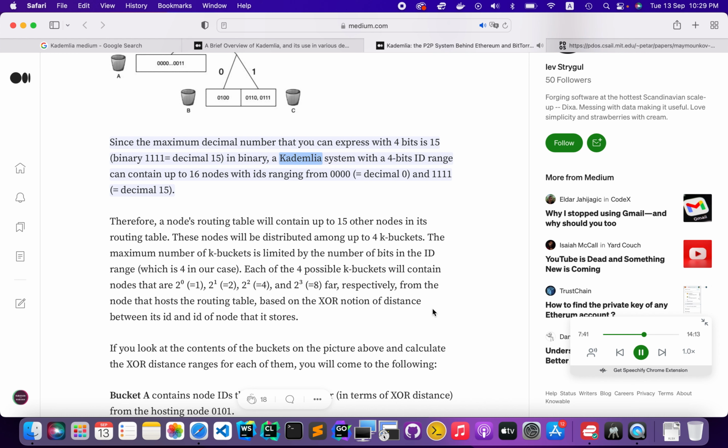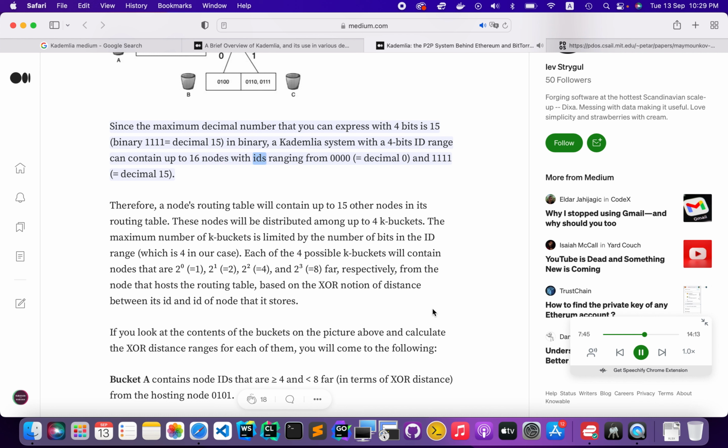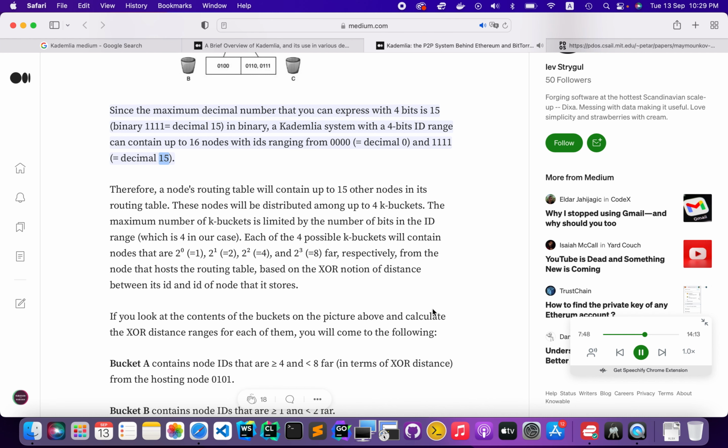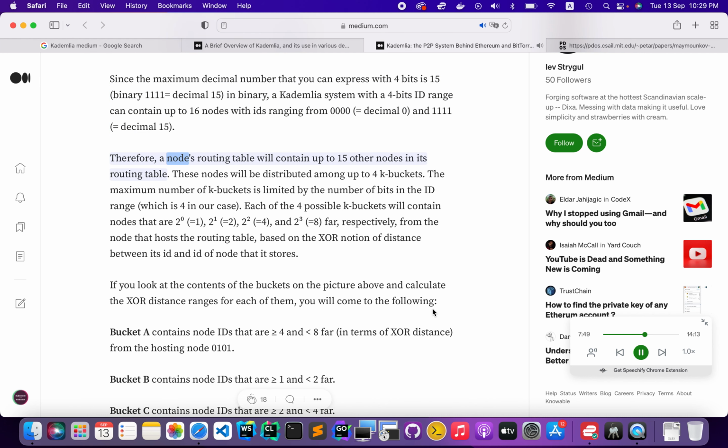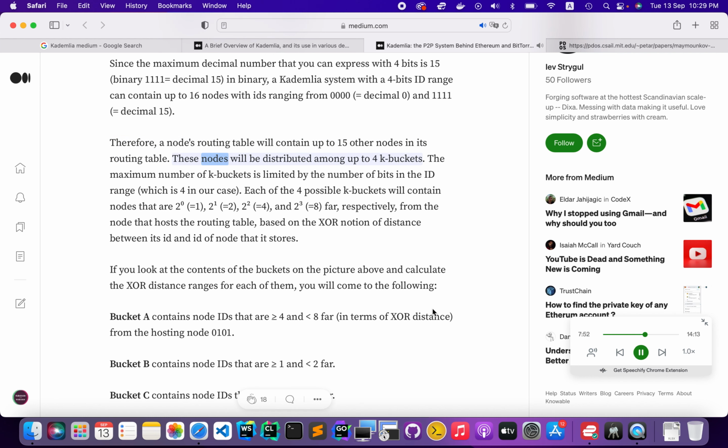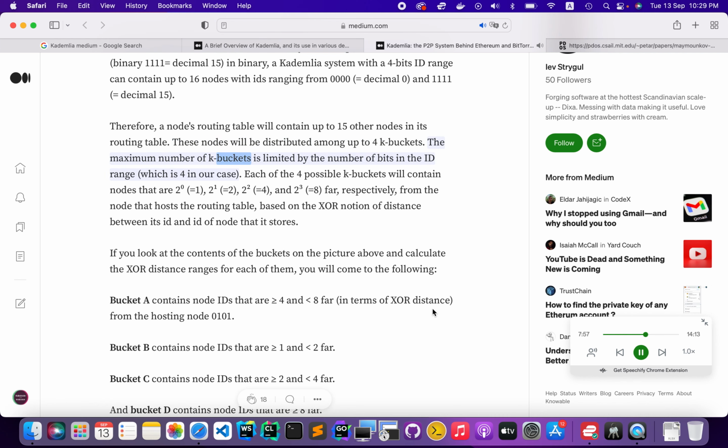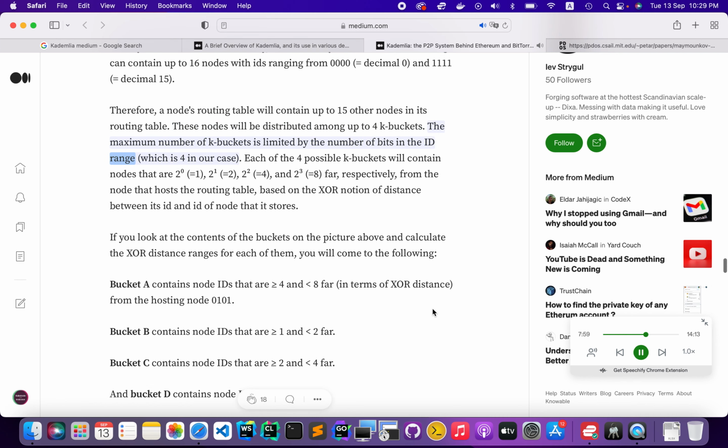In binary, a Kademlia system with a 4 bits ID range can contain up to 16 nodes with IDs ranging from 0000 equals decimal 0, to 1111 equals decimal 15. Therefore, a node's routing table will contain up to 15 other nodes. These nodes will be distributed among up to 4 k buckets. The maximum number of k buckets is limited by the number of bits in the ID range, which is 4